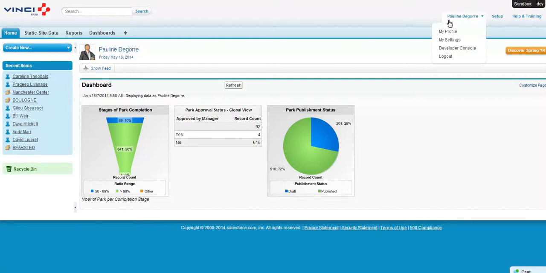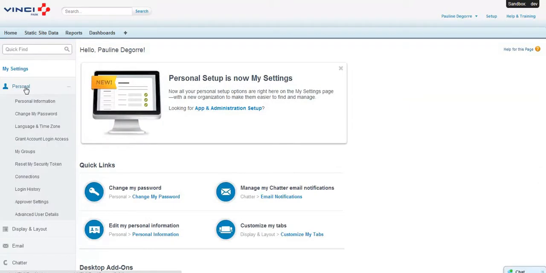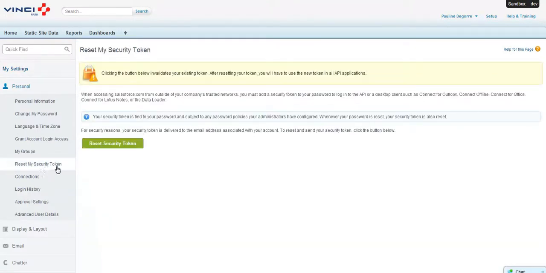You click on your name here. You go to My Settings. You go to Personal. And you have Reset My Security Token. So you click on Reset My Security Token.